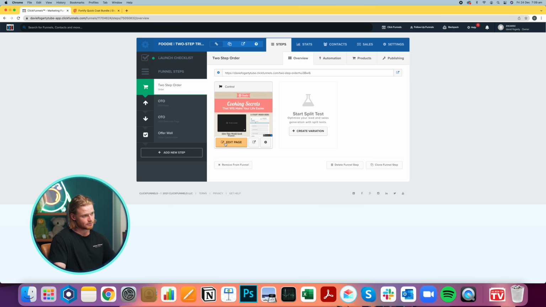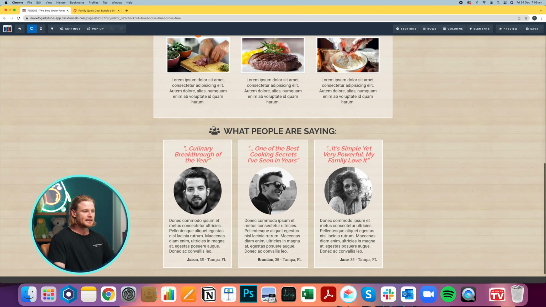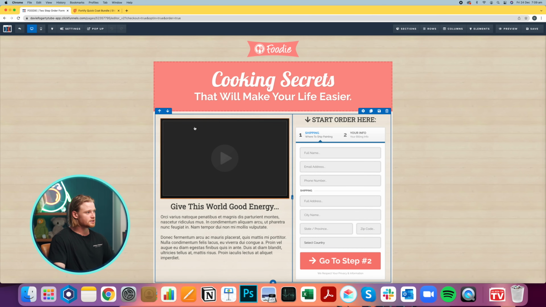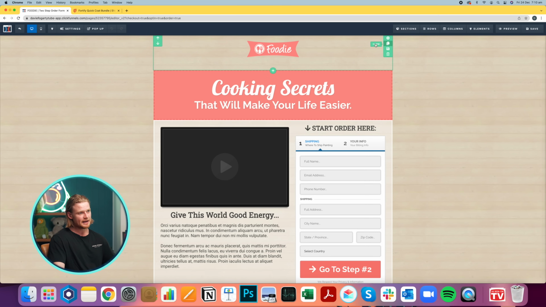So we're gonna jump straight into the editor, the fun stuff, and click edit page. And again, this is just going to edit the 2-step process. So we've got a pretty ugly page here, but it's got some great elements. All ClickFunnels templates consist of sections, rows, columns, and elements, and they're just nicely laid out there for you. So you can see these sections when you highlight over here, and then come in, and then also come in further to the elements. So basically that's the structure of what you're working with.